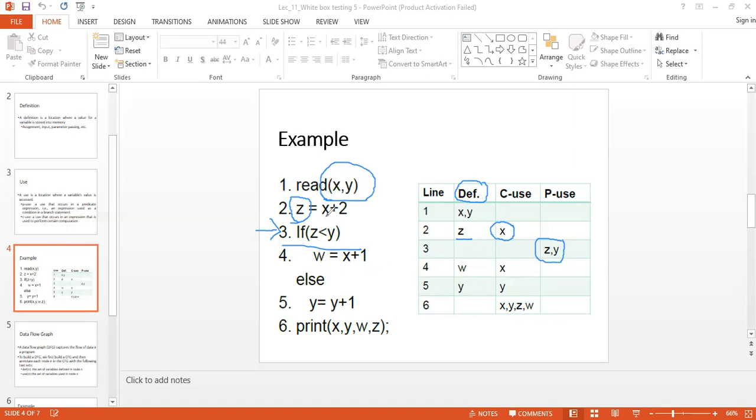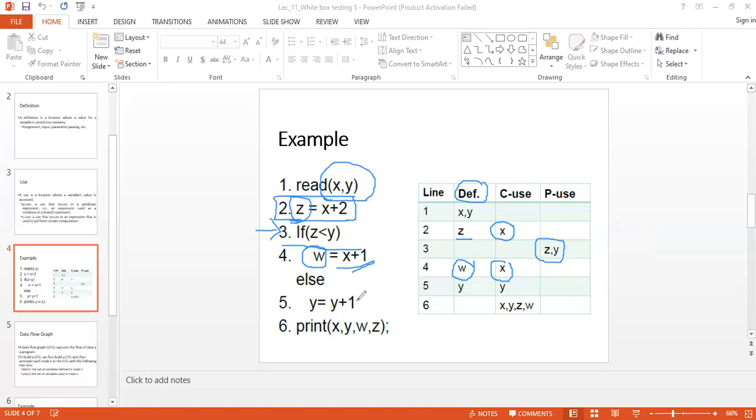Then again, something similar to the second line, w is equal to x plus 1. So w is defined here, and again x is involved in a computation. So x is again a c-use.